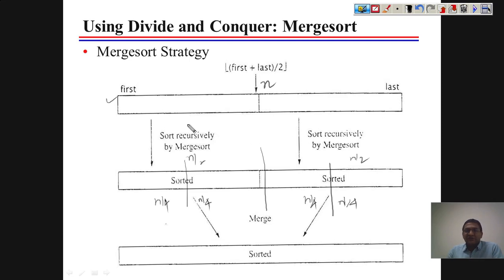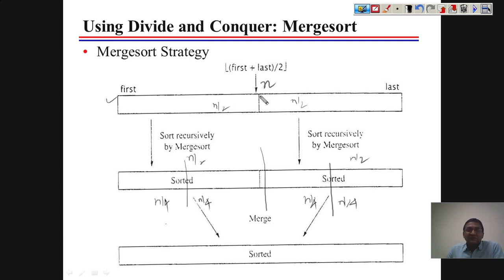So let's see how things will work. And just to mention a difference: when we work in quick sort and divide our bigger problem into smaller sizes, this division is not guaranteed to be balanced. We are not guaranteed that when you apply the partition method that we use for division, it will give you your array n into n by 2, n by 2, but it may give you any size based on the nature of the partition and the pivot you have chosen.